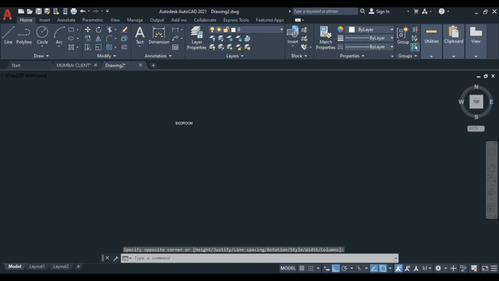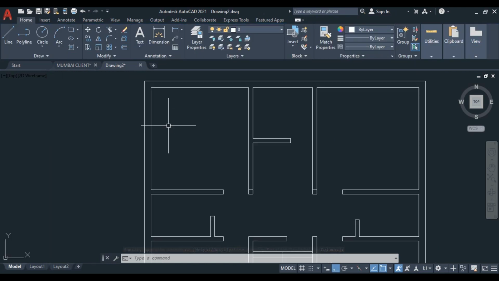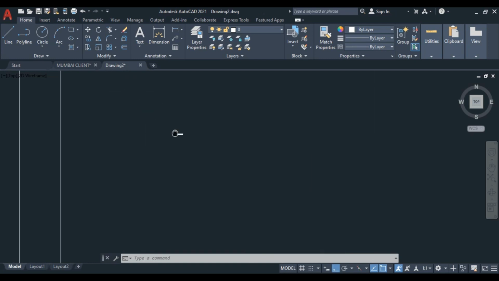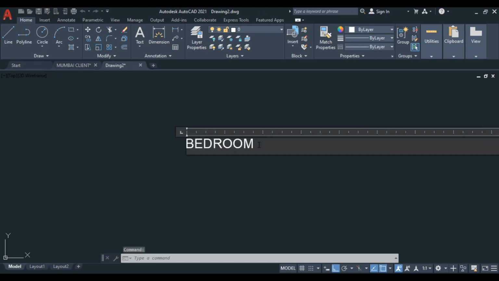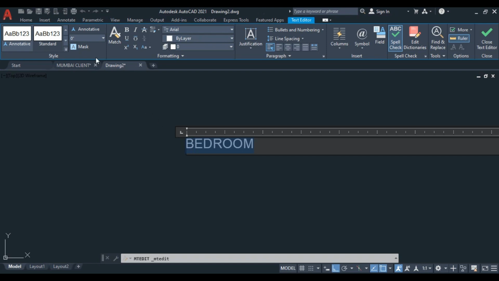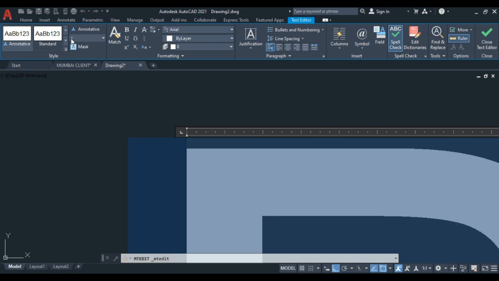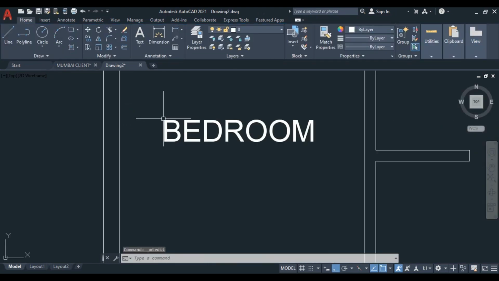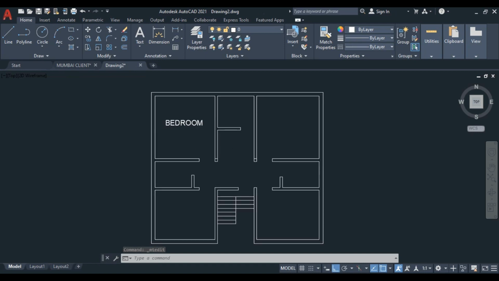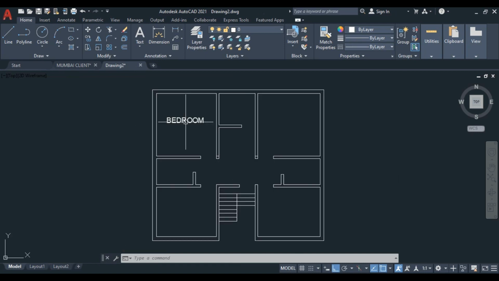So now you can see the size is very small, which is not visible. For that we have to increase our scale, so just double click, select this, and here you can enlarge the scale. I set here 1 feet, press enter. All right, I click here. Yeah, this size is perfect, I think.